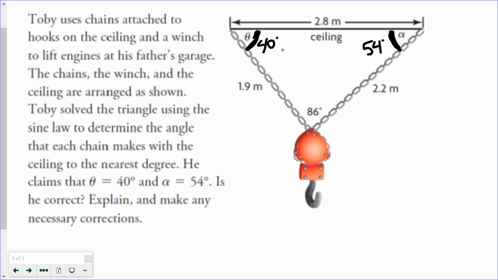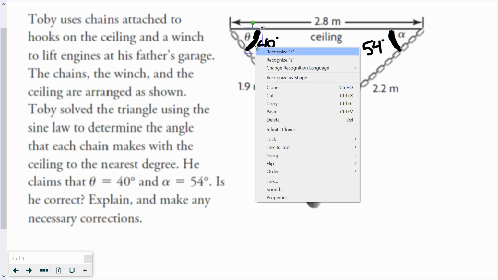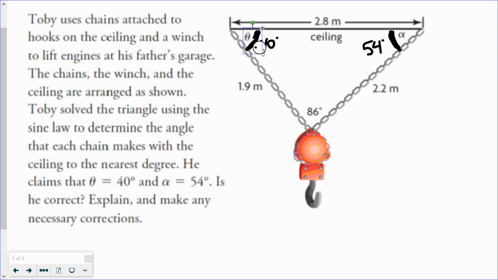So they could be right, but the way that I can actually tell that Toby is wrong, you wouldn't want to grab out a protractor and be like, he's wrong because I measured it, because sometimes the diagrams are way off. But the way that we can tell without having to measure it is,